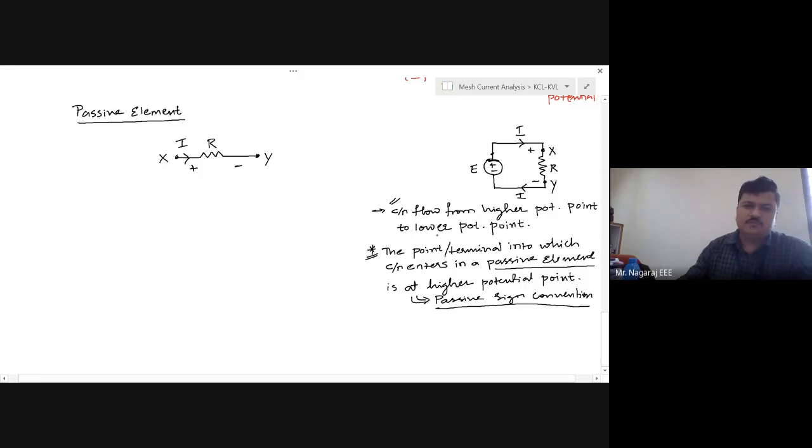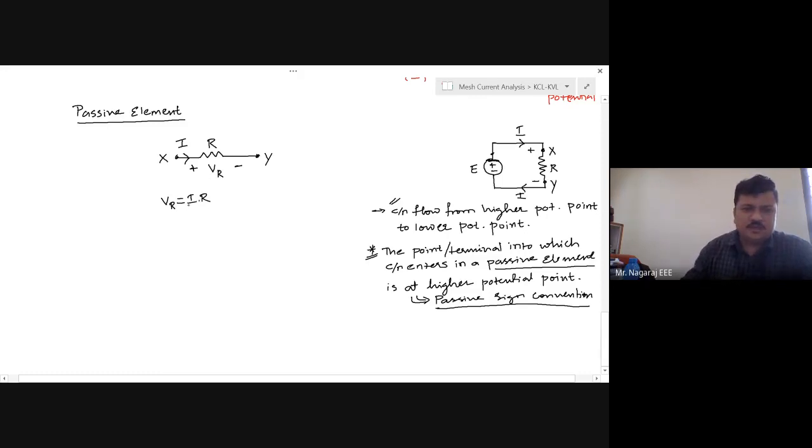Okay. So when I assign any current across any element, seeing the direction of that current, across any passive element, I should be deciding what is the polarity of voltage drop across that element. Now, what is the voltage drop here? It is VR, okay, where VR is equal to I into R. Magnitude of VR is the product of current and resistor. This is as per Ohm's law.